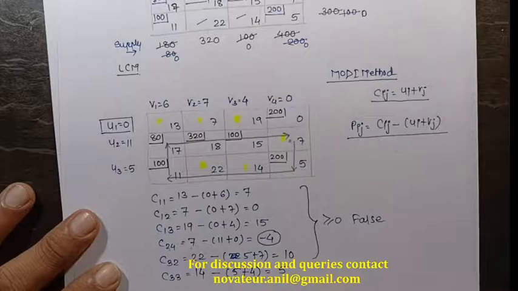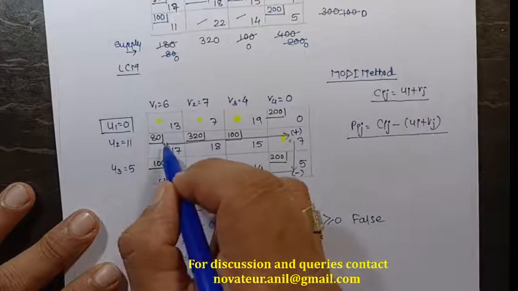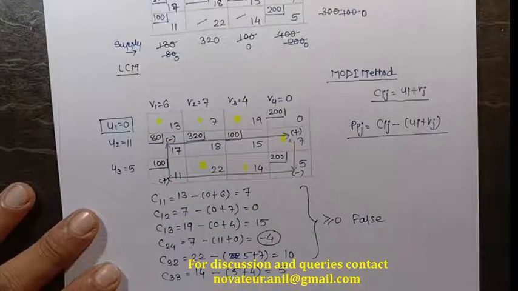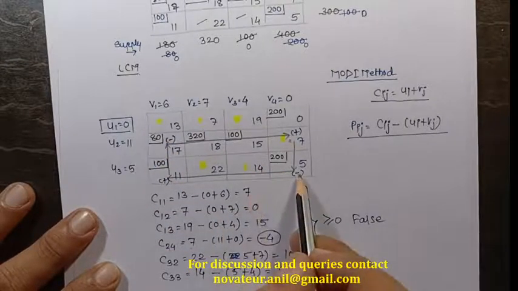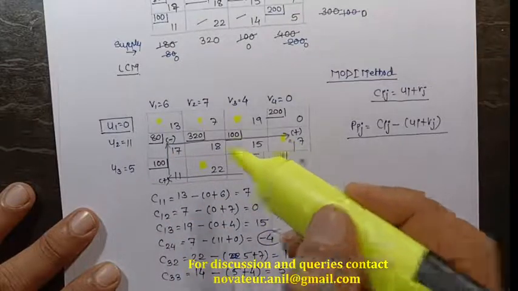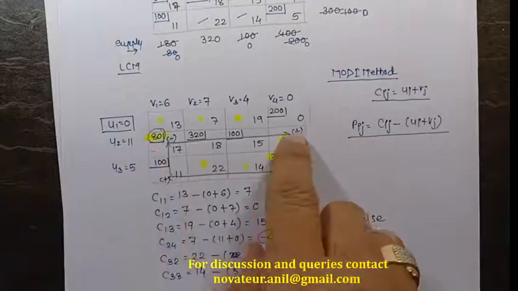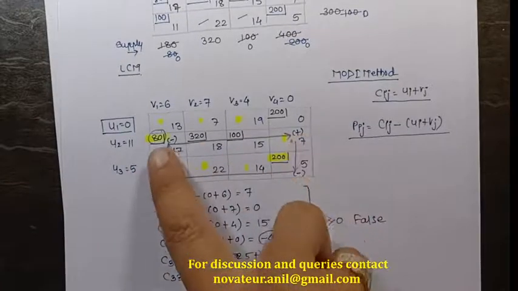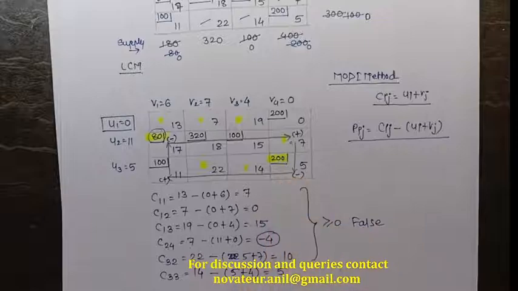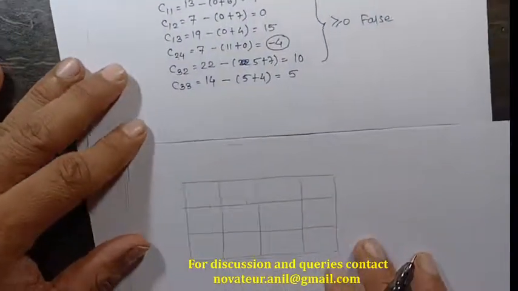The rule number 2 for making a closed loop is that I am going to assign positive and negative signs alternately. Then third, I have to identify the negative cells and check for the assigned negative cell value which is minimum. So here 80 is minimum. So what I have to do is add 80 wherever the plus sign is given, and subtract 80 wherever the negative sign is given. So I'll just redraw this particular diagram, or the formula rather, I should say.